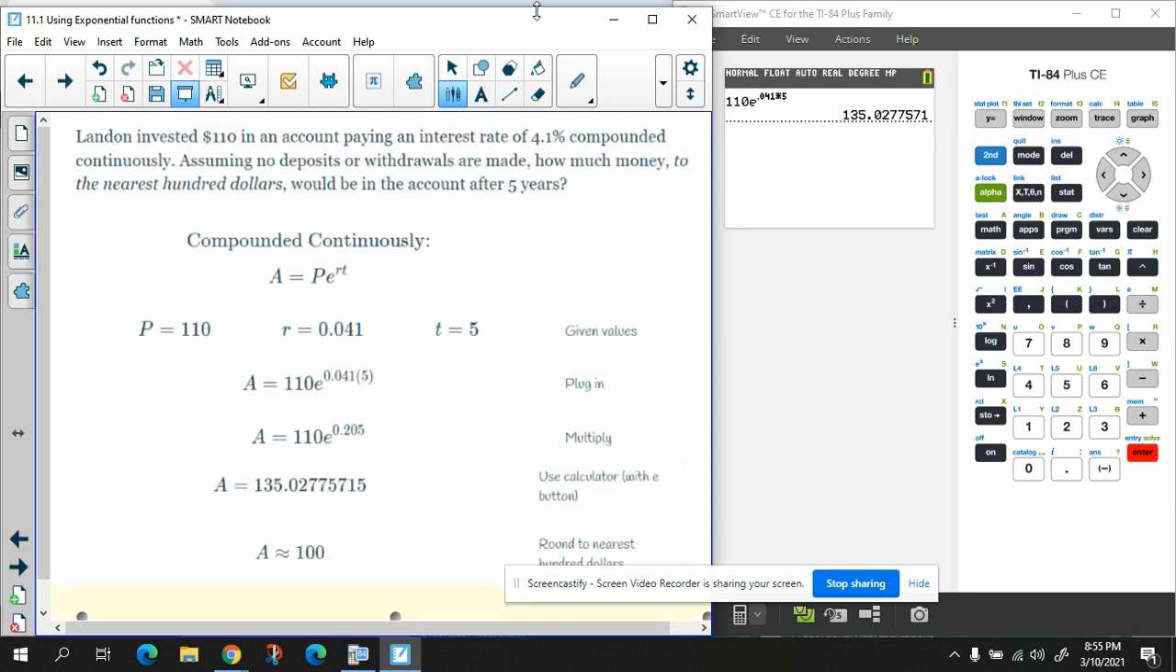That should be enough for today's lesson to help you get through a majority of the problems